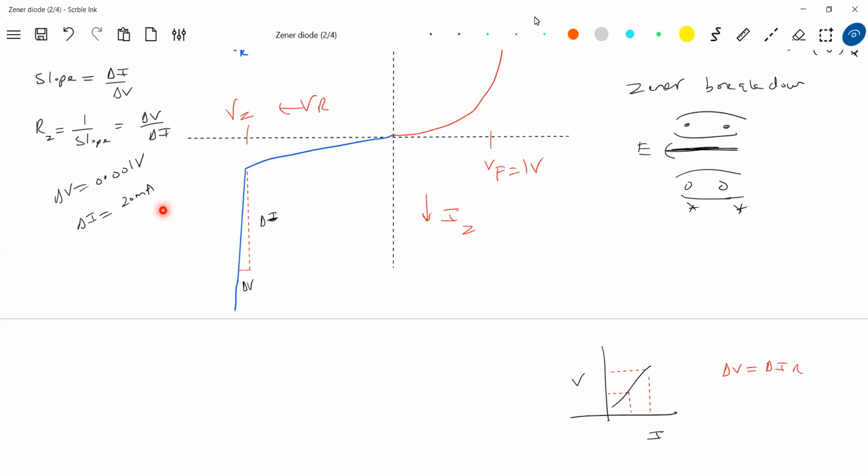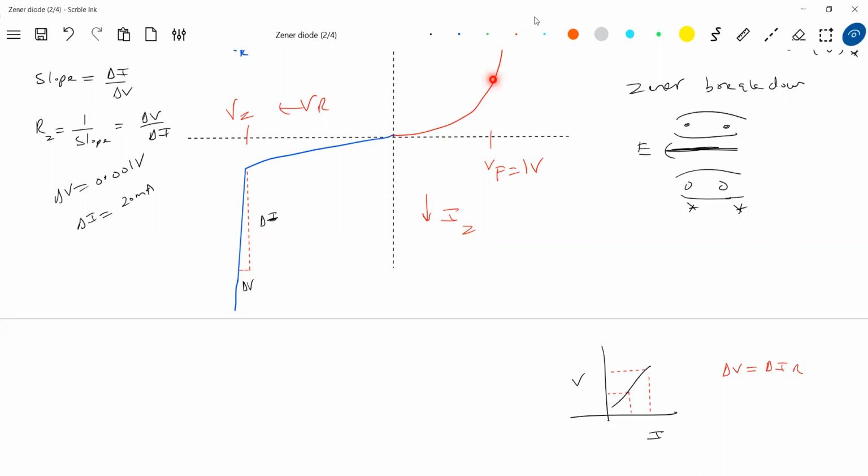And what is the advantage? For a large change in current, a small change in voltage. This is the thing I'm going to use in application: voltage regulator. So what is a Zener diode? Though the current across it increases, it will keep the voltage constant. This is almost a constant. The device is such that though current across it increases, the voltage will be constant. This is the application I'll use it for, as a voltage regulator.